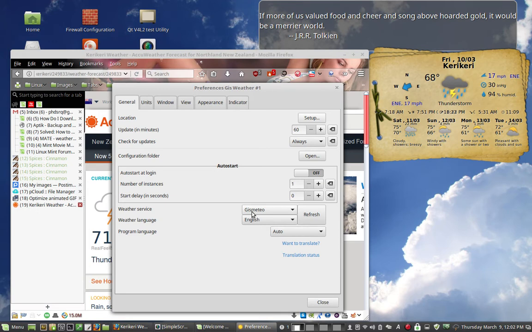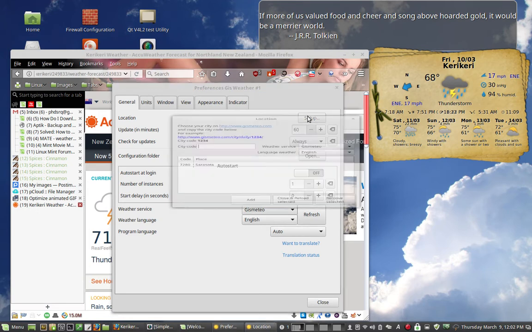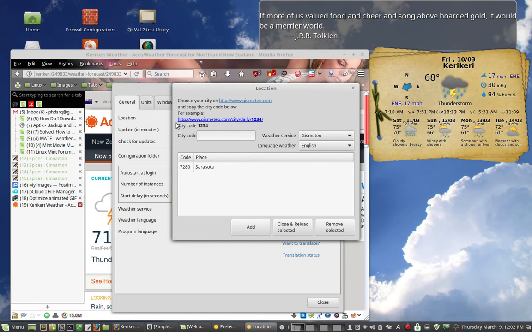Okay, now I picked GIS Meteo or gis-weather. If I click the setup option on that, notice it has a different method. I can click this link here, search for the city I'm interested in, and all I have to do is copy that number code and put that in here. If I pick a different one,